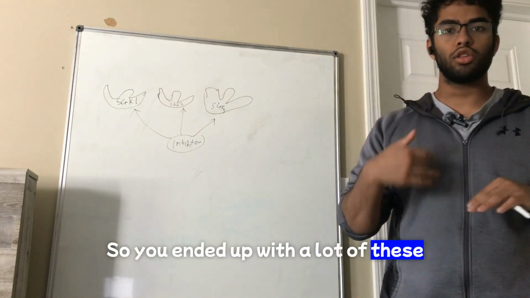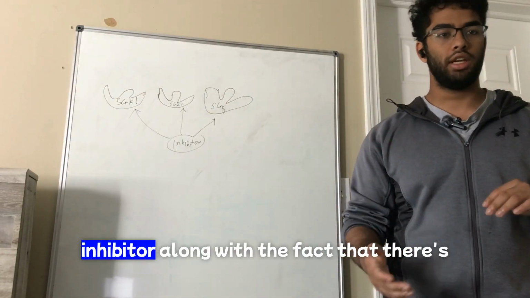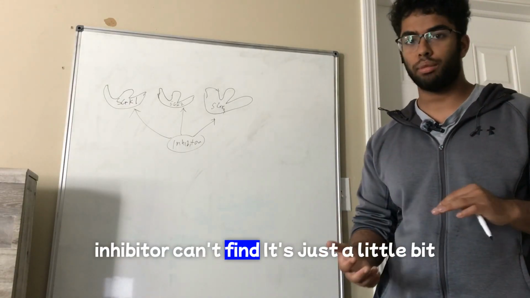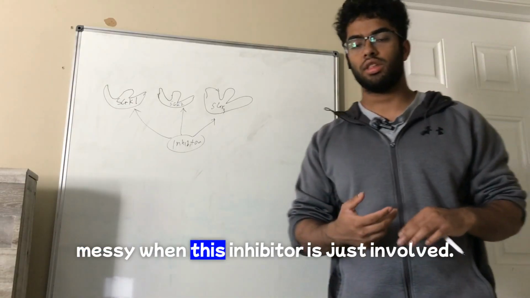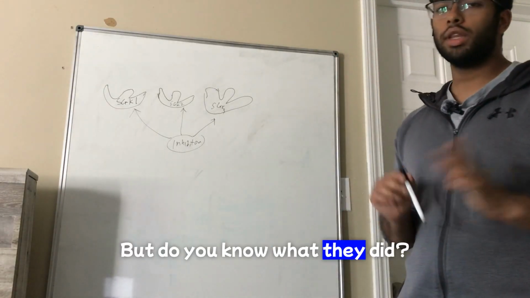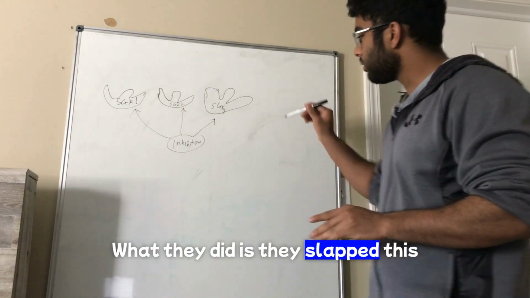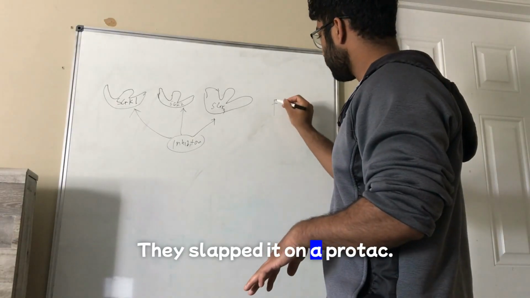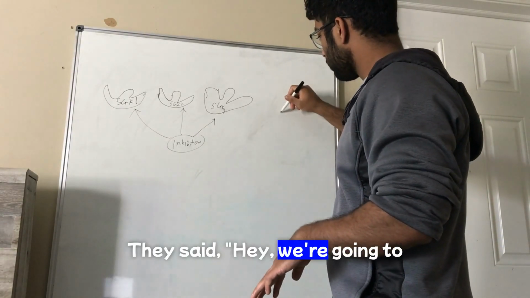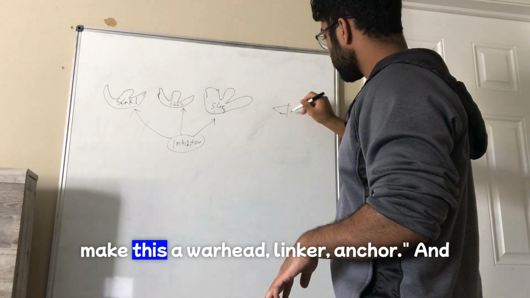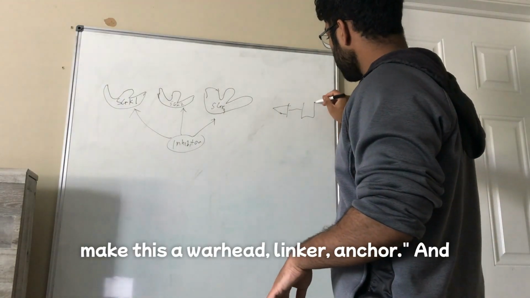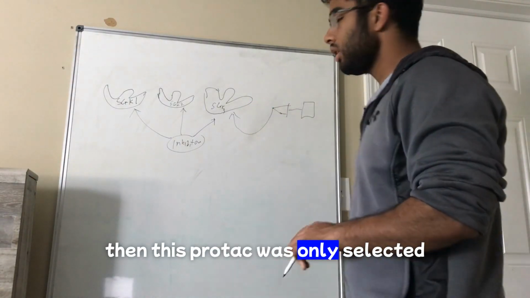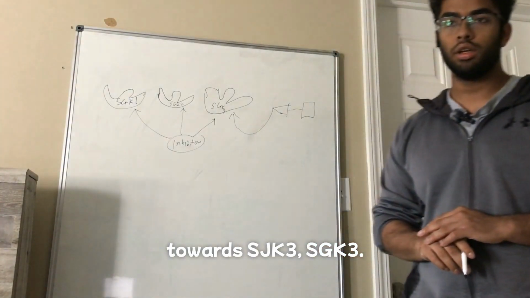So you ended up with a lot of these off-target proteins being affected by the inhibitor, along with the fact that there are resistances that can be developed if the inhibitor can't bind. It's just a little bit messy when this inhibitor is just involved. But do you know what they did? What they did is they slapped this same exact inhibitor on a PROTAC. They said, hey, we're going to make this a warhead, linker, anchor, and then this PROTAC was only selective towards